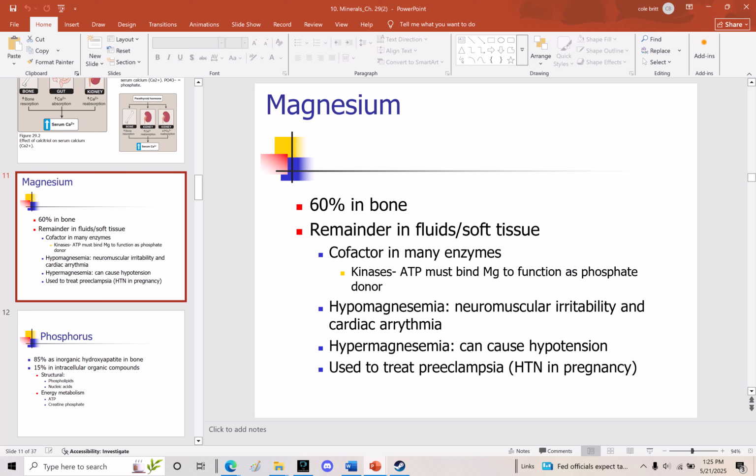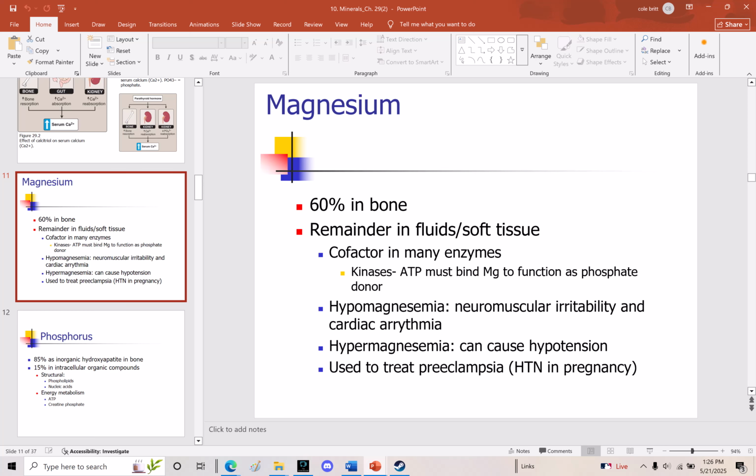And the interesting thing is that it will be used to treat preeclampsia. HTN stands for hypertension, and hypertension during pregnancy is called preeclampsia. Many physicians will prescribe magnesium to treat hypertension in pregnant women. So it'll be treating preeclampsia because it causes hypotension. And again, hypotension is related to the fact that it will affect potassium and calcium, and also because magnesium on its own